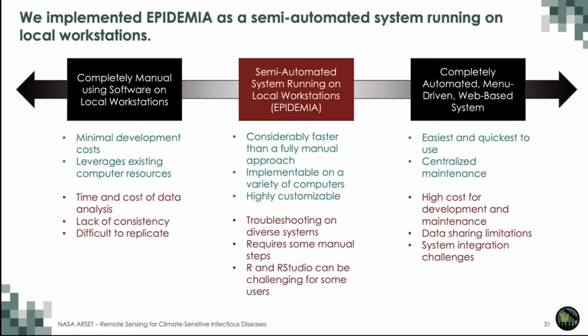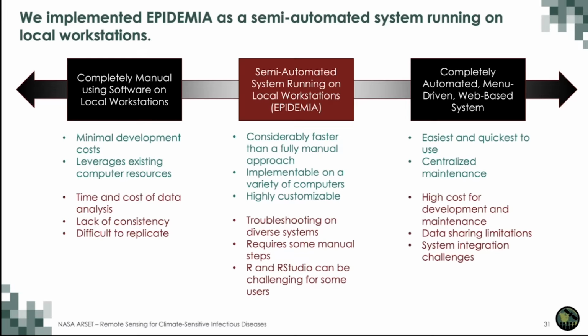I want to just mention a little bit about our rationale behind the way we designed EPIDEMIA, because we took kind of a middle road. If you look on the left side, all of these things could be done manually using R or other software on local workstations. And so this requires minimal costs and can leverage existing computer resources. The problem with doing everything manually is it's time consuming, it's inconsistent, and it's really difficult to replicate. And it tends to depend strongly on individuals who are extremely familiar with all of the code